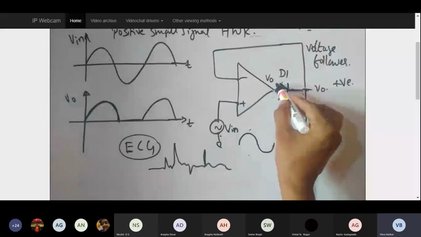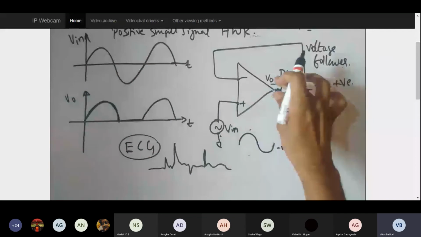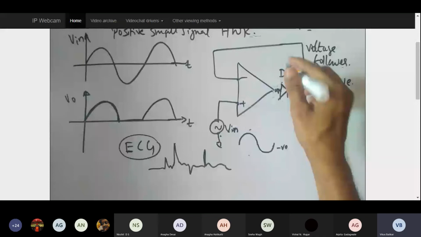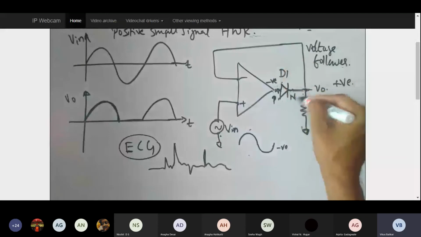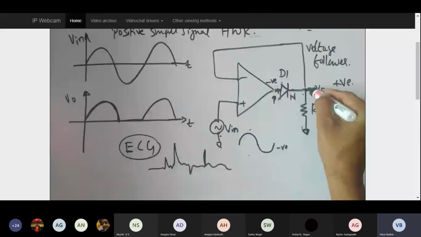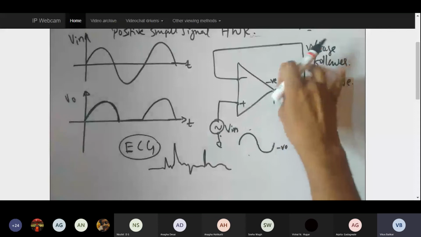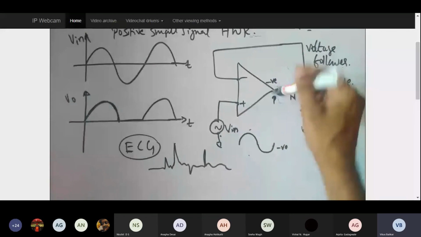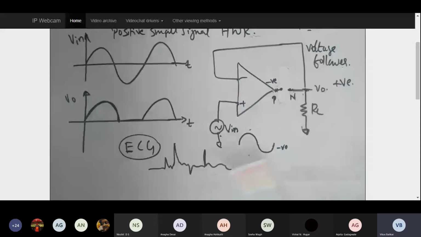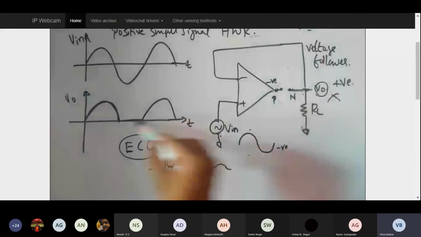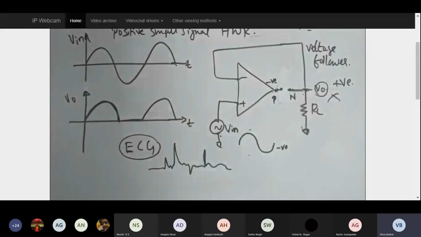So here my negative voltage is coming over here, which means the negative voltage is connected to the P side of the diode, and the N side is connected to some other potential. So P is at the lowest potential. The moment we say P is at the lowest potential, I say that the diode is reverse biased. The moment the diode is reverse biased, there is an open circuit. If this is an open circuit, that in turn means there is no connectivity between the input and output, and I am not going to get any output. So output will be nothing. So this is how this positive small signal half wave rectifier is going to behave.